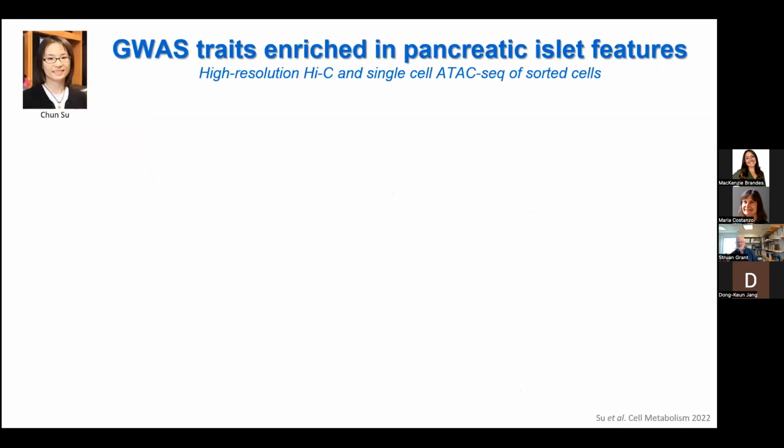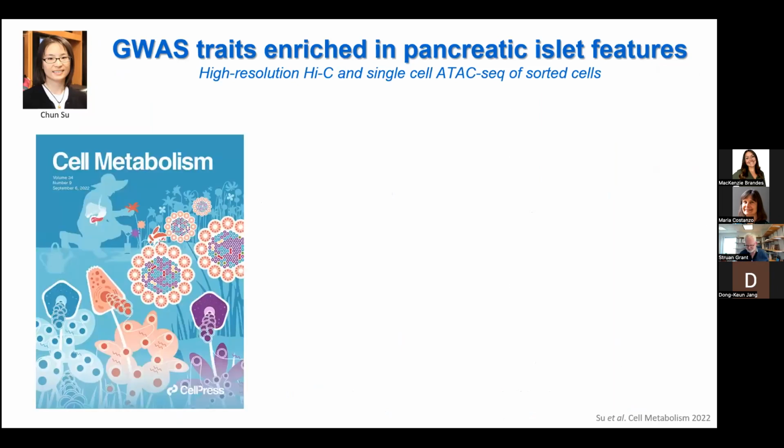This was one of the first papers that came out of that effort. Again, Chun Su and my group did the analyses, and it was co-led between myself, Andrew Wells, and Klaus Kestner. We made the cover, and Ben Voigt's wife designed the cover. And we think it's a really cool cover, but it also exemplifies what we were doing. We were taking the pancreatic islet cells and looking at them in a sorted way, so we could look at beta cells in isolation, acinar cells, and alpha cells in isolation, and then see what interactions we saw.